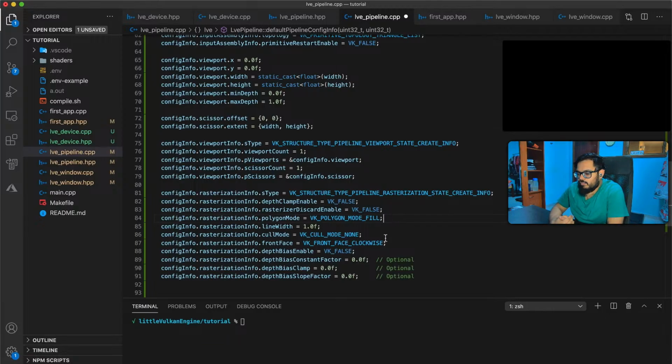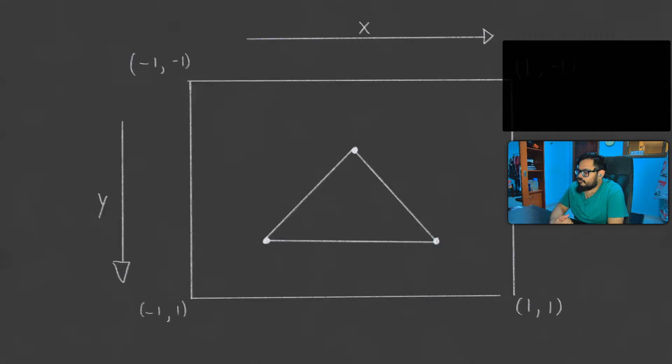Okay, now cull mode. This is something that matters. We can optionally discard triangles based on their apparent facing, also known as winding order. This is determined by the order of the 3 vertices making up the triangle, as well as their apparent order on screen. For example,